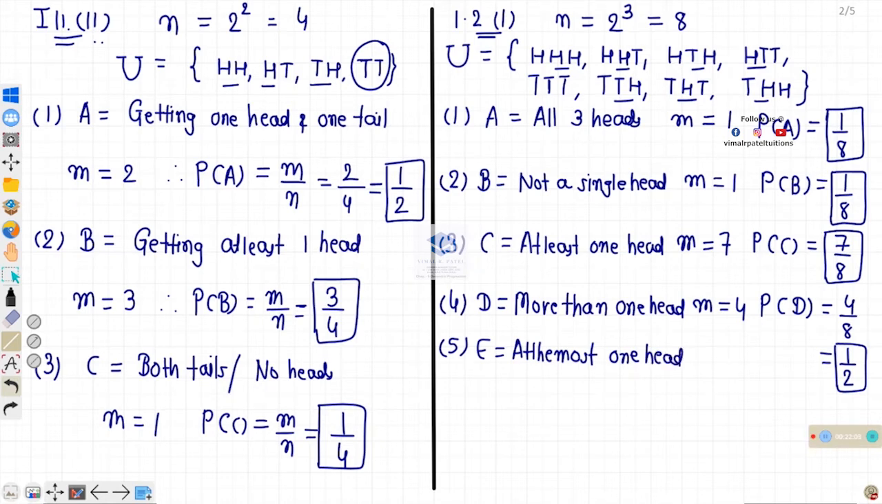At the most one head means maximum 1, means one head or less than one head, means one head or zero head. One head for TTH,